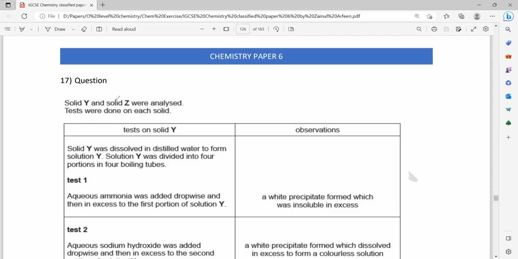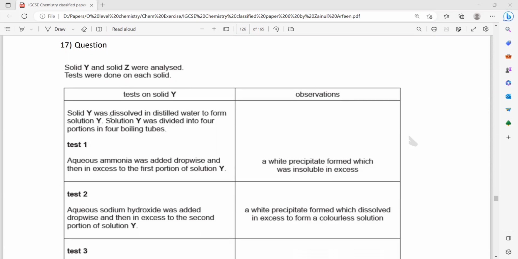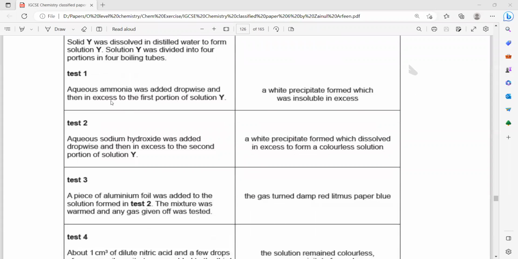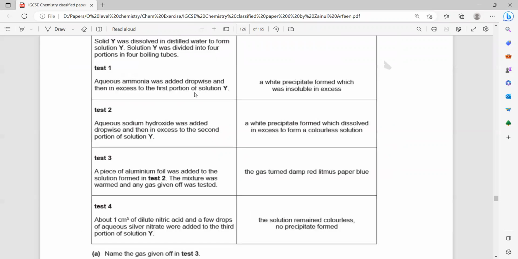Solid Y and Z are analyzed. A test was done on each solid. Test on solid Y: solid Y was dissolved in distilled water to form a solution, and solution Y was divided into 4 portions. When aqueous ammonia was added dropwise, a white precipitate formed,